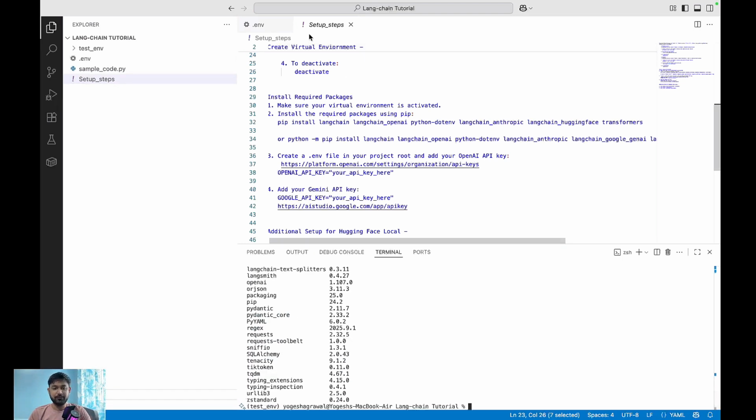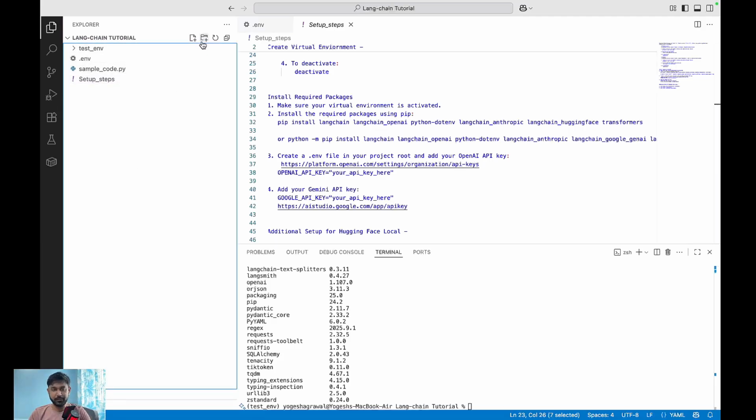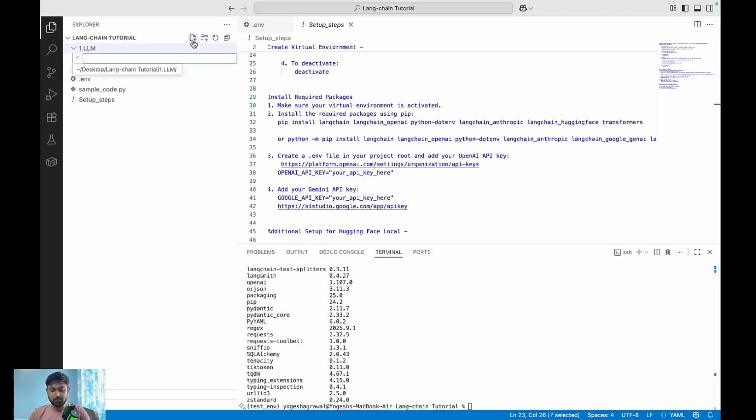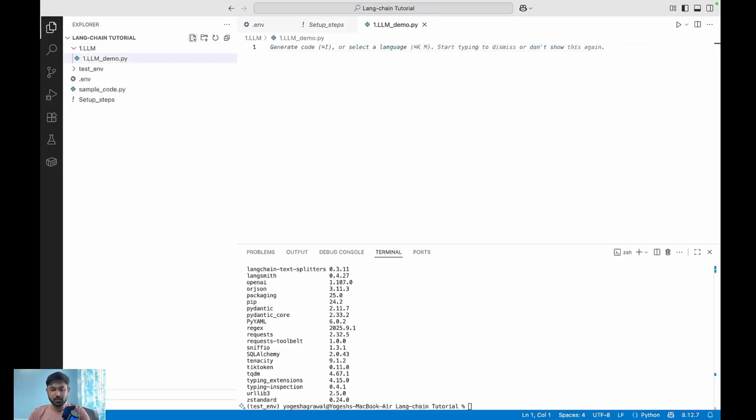Now in our first model, which is the LLM model, we need to implement it. For that, let's create one folder. Let's call it 1.llm. Inside that llm folder, let's create one file and call it 1.llm_demo.py. Okay, we forgot to install one more package, which is pip install